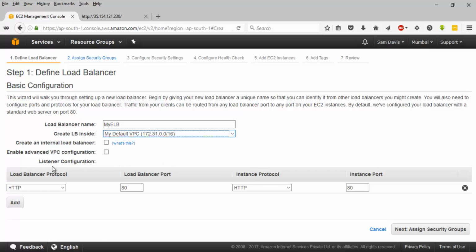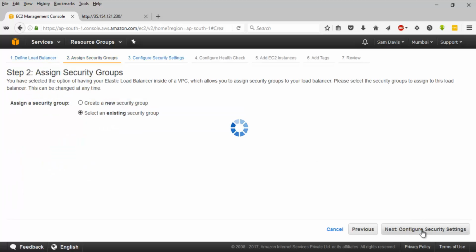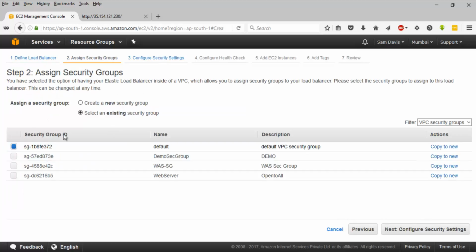And the next thing is listener configuration. This is the area wherein you get to do cool things, such as if an HTTP request is coming in, you can even reroute and forcefully transfer that to HTTPS, wherein the users will be getting a notification, and the traffic will be turned into HTTPS. But for the purpose of this video, we are not going to do anything. So I'm going to handle HTTP port 80 request to the same thing. We are not going to reroute it. I'll say next, and let's select the security group.